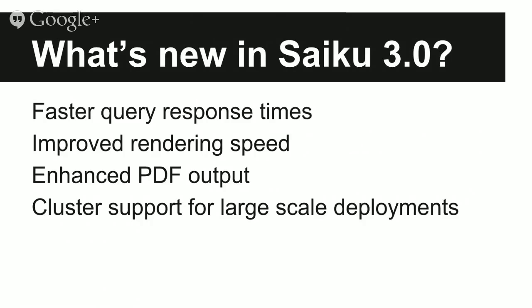So there's faster query response times, much improved SQL generation and sensibleness behind the scenes. Similarly, we've improved the rendering speed and user interface, so it shouldn't bog down when you've got large tables visible on the screen. We've tweaked the PDF output to make it match more what you can see on the screen,